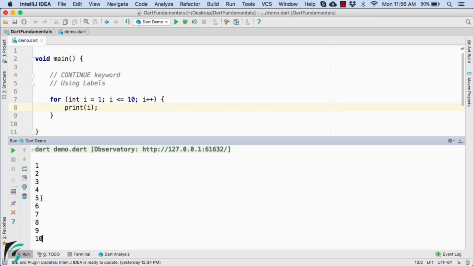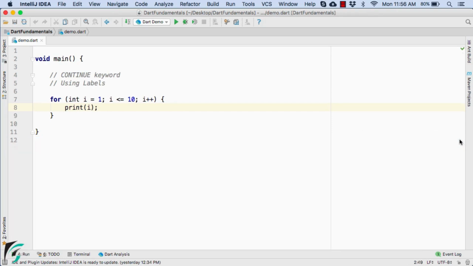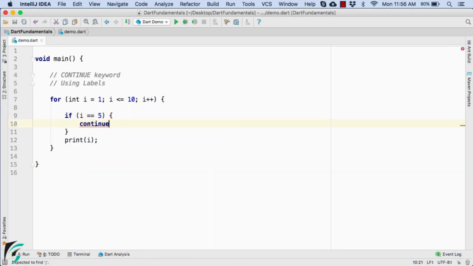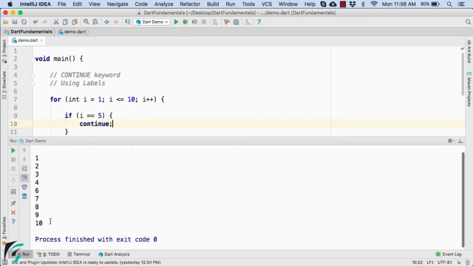Now, what if I want to skip the value of 5? That is, after 4, I want to print out straight away 6. So I want to skip the value of 5 in the output. For that, what we can do is, just before the print statement, let us write an if condition. If the value of i equals 5, then we can use the continue keyword. Use the semicolon. So what this continue statement means, let us now launch the application and there we go,